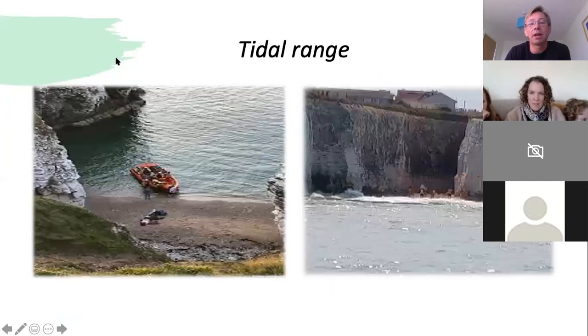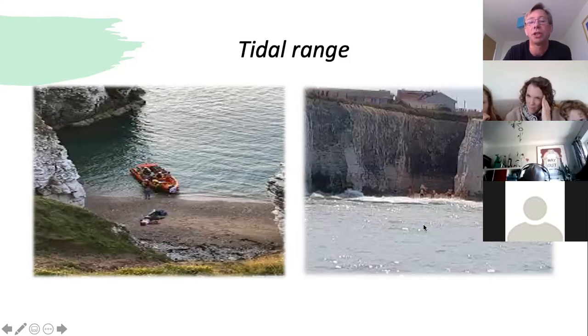And the diagrams here show you the effect of that. Because we have a big tidal range, if we go along the coast and we find a nice little picnic spot around a headland and we hang out there and we don't maybe realize that the tide's coming in, that can, and often does, result in people getting cut off by the tide and then they can't get out. It's another picture here from, I think it's Dorset, of people getting cut off by the tide, because if the tide comes in, it can cut you off.